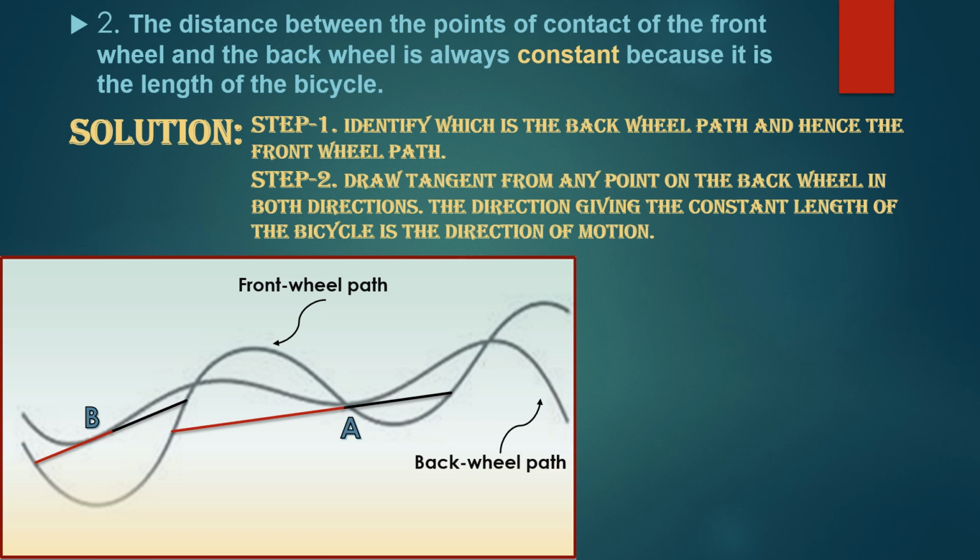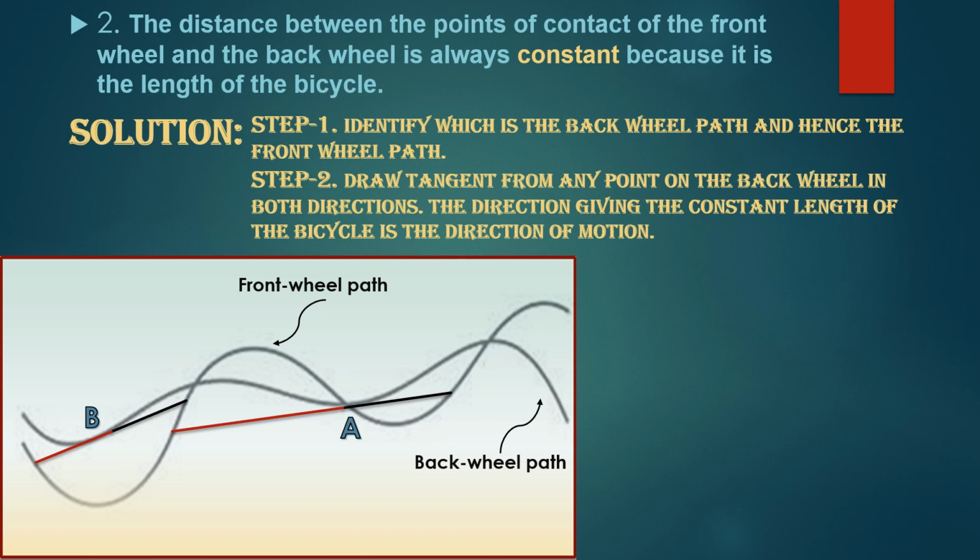Step 2. Draw tangents from any point on the back wheel track in both directions. Repeat this process for a few points on the back wheel track, and the direction which gives the constant length of bicycle in all the cases is the direction of motion of the bicycle. In the figure shown, we have taken 2 points A and B on the back wheel track. The tangents drawn in black color, which are the tangents drawn in the right direction, give constant length of bicycle, whereas the tangents drawn in the left direction, shown in red color, do not give constant length of